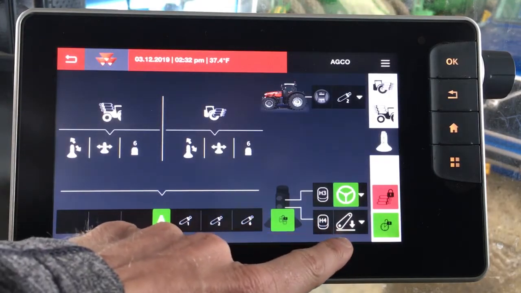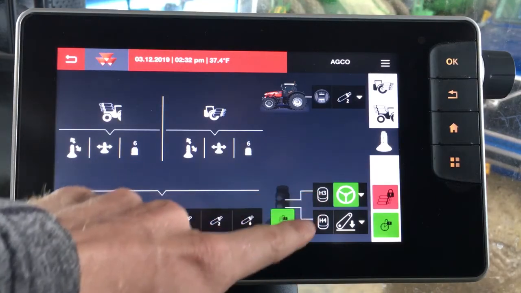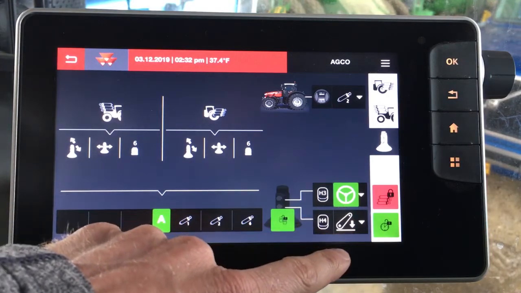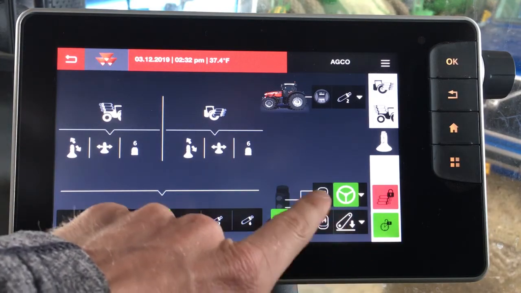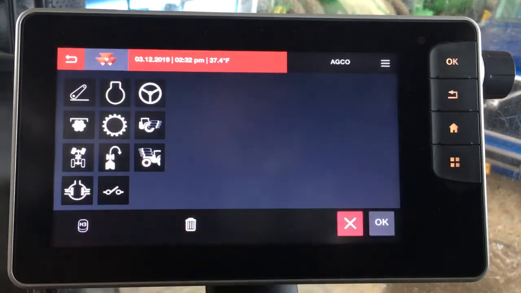Here in the lower corner, we actually have an image of the joystick. And you can see the H3 and the H4 buttons. This is where you would go to actually make a change to what those buttons do. So say we don't want H3 to be an auto guide engage button. We actually want to make that a different function. Let's say we want to make that as